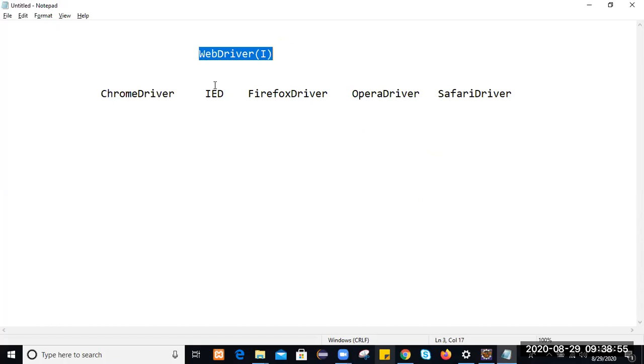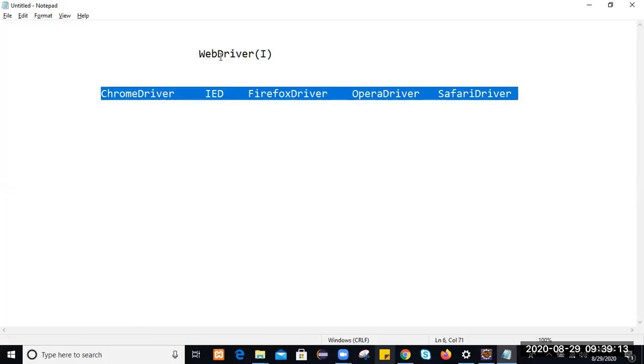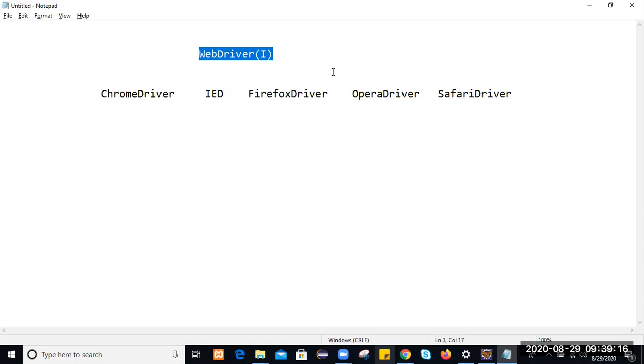When you work with the Chrome browser, you will use Chrome driver to launch it and navigate to a particular URL using the implementation of this WebDriver's methods.